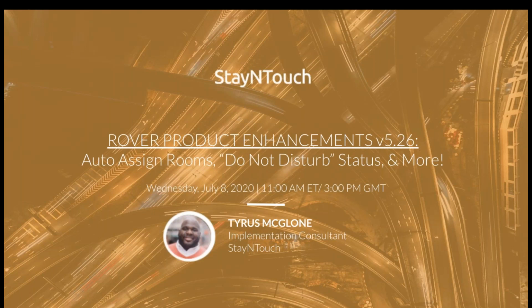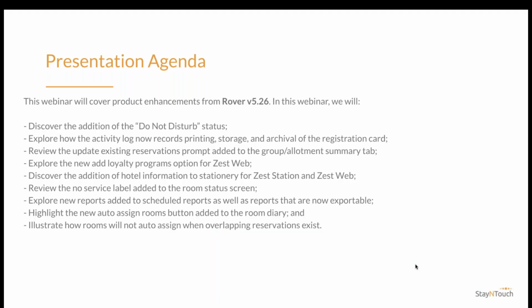Today's presentation will cover how you can get the most out of the Rover v5.26 product release. In this webinar, we will discover the addition of the Do Not Disturb status, explore how the activity log now records printing, storage, and archival of the registration card, review the Update Existing Reservations prompt added to the Group Allotment